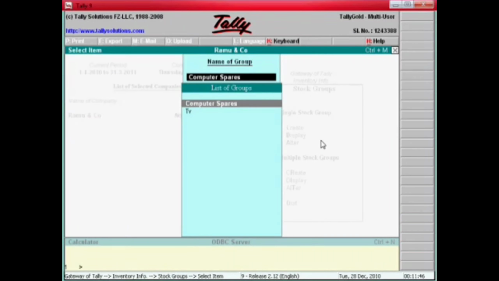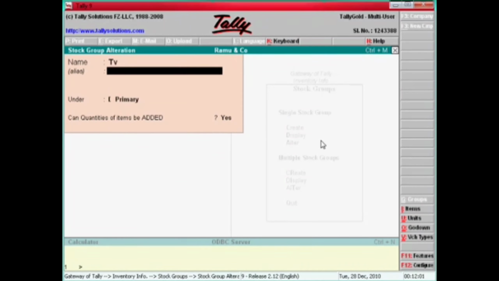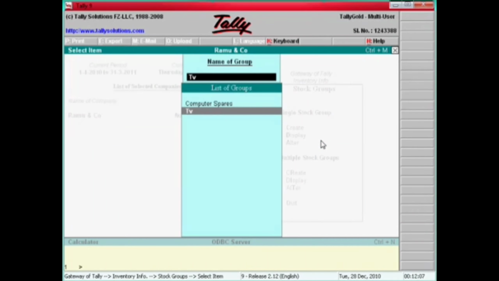That means computer spares means hardware, hard disk, monitor, processor, RAM, whatever spares come under computer spares. Now for TV I have given one group name, TV. Here, yes. Here you can enter Sony, Onida, whatever.